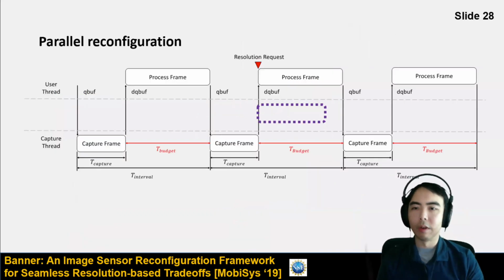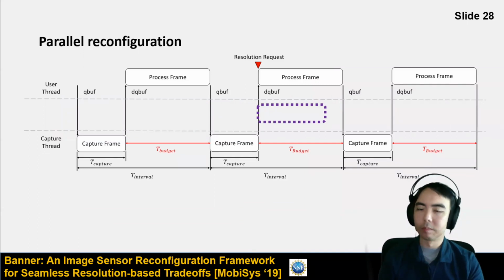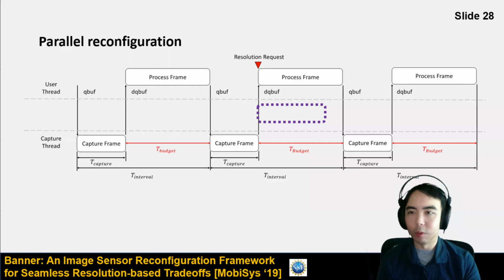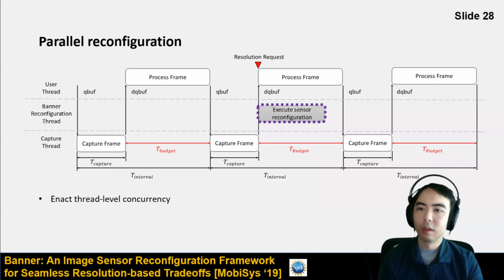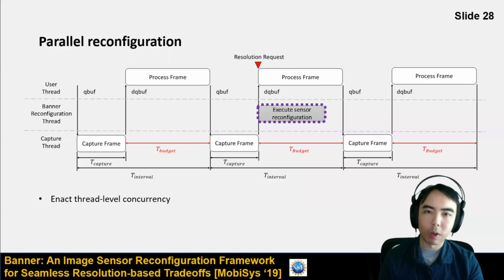So in parallel reconfiguration, we reconfigure in parallel with the existing capture and processing of the frames. So instead of pausing and stopping your sensor stream, then doing reconfiguration, and then starting up your sensor stream again, which would be sequential reconfiguration, we said, well, why don't we just execute the sensor reconfiguration inside of the same time that you're trying to process your frame? We can't do it inside of the capture period, but we can do it while the frame is processing. The capture period ends up being fairly short anyway, so you have a lengthy timing budget with which you can actually execute that sensor reconfiguration.